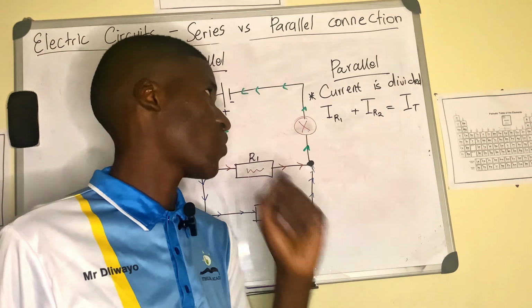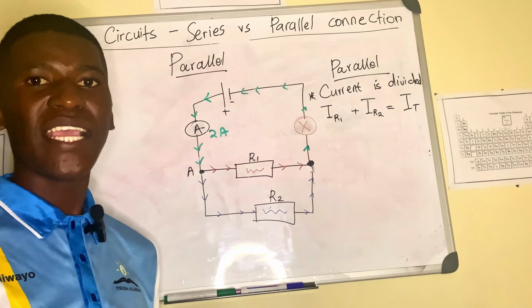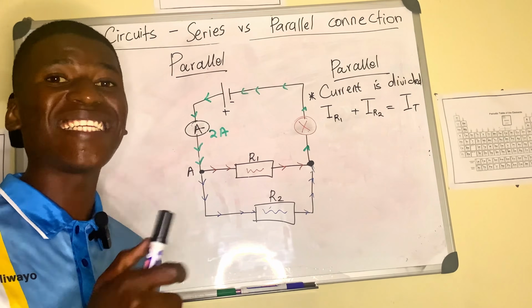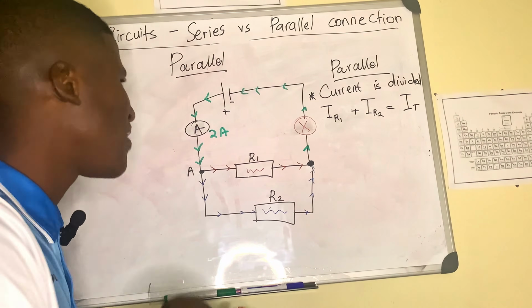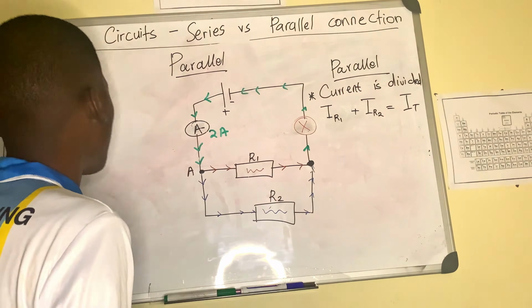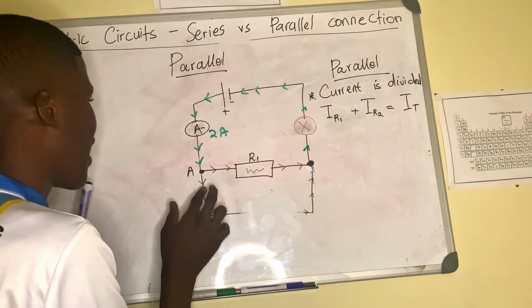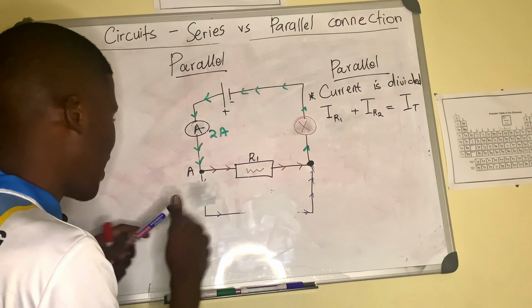That's why you say that current is divided. So that's what makes a parallel connection. The parallel connection simply means that the current is divided. It doesn't mean that these lines are like this. If I was to do this and rub out this resistor, and let's just say I put it at this position